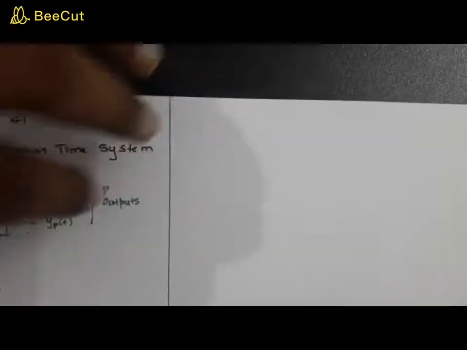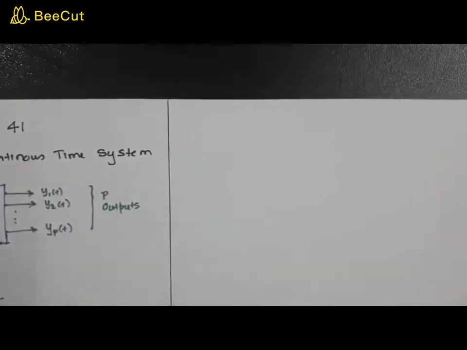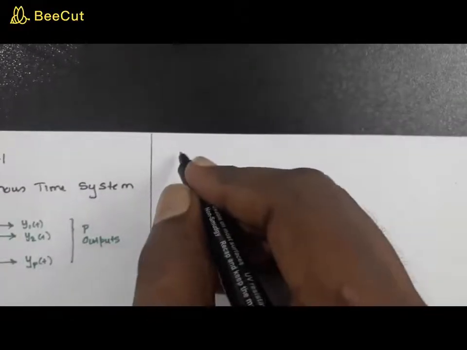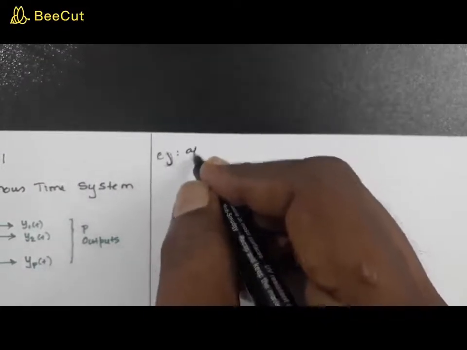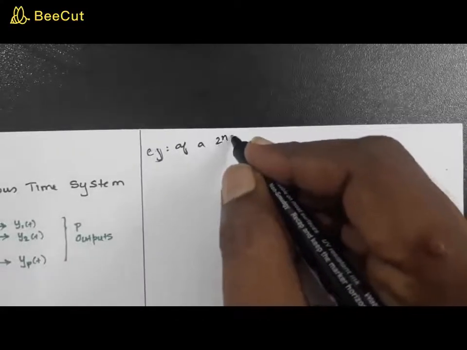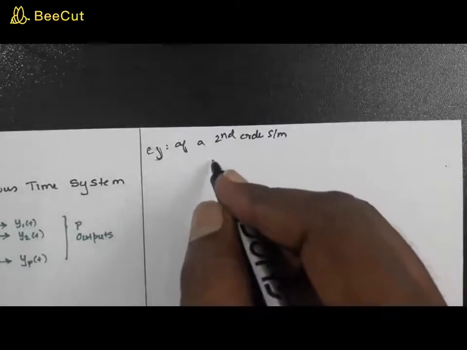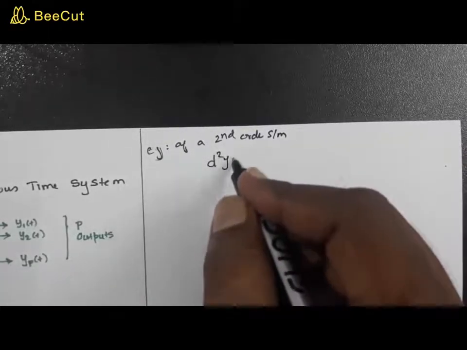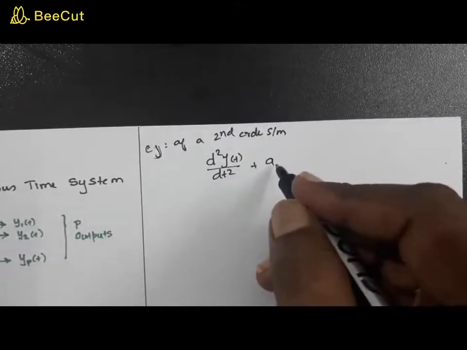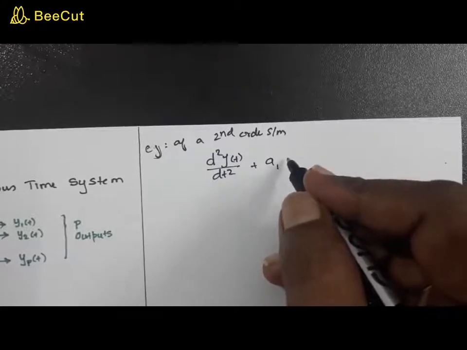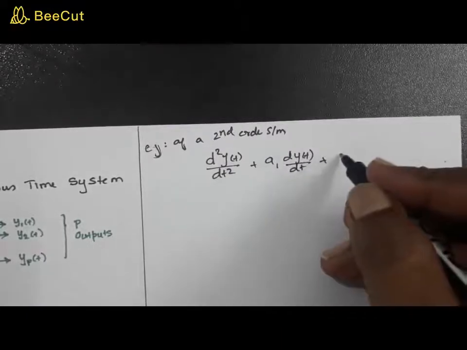Now I'm going to give you some examples to show how to decompose an nth order differential equation. Let us first consider an example of a second order system, whose equation is given by, for example, d square y of t by dt square plus a1 into dy of t by dt plus a0 y of t